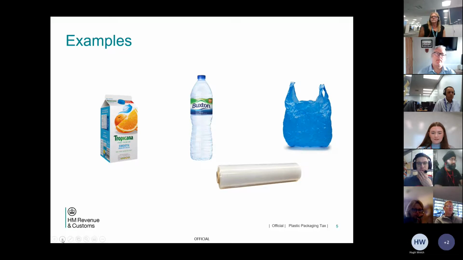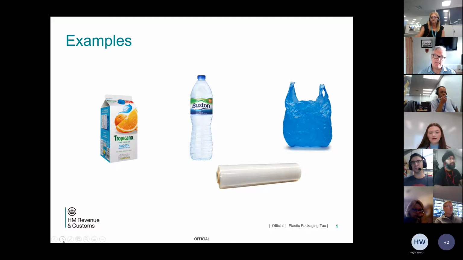So here we have some example items. A plastic bag. This is an example of a product designed to provide a single-use packaging function for the containment of a commodity or waste by a user or consumer, so in scope of the tax. Here is also an example of a